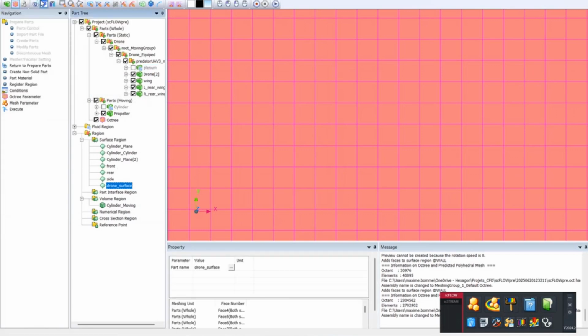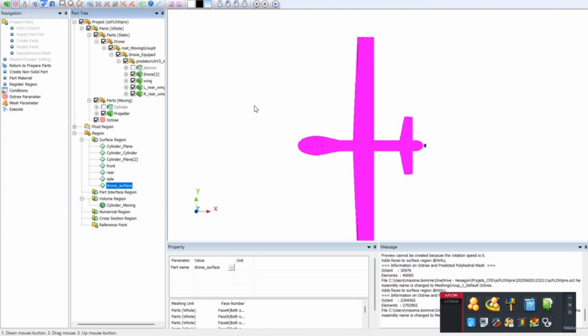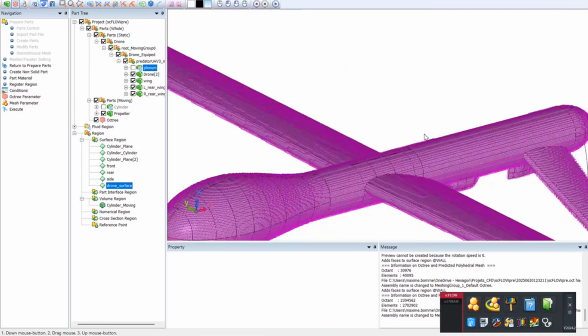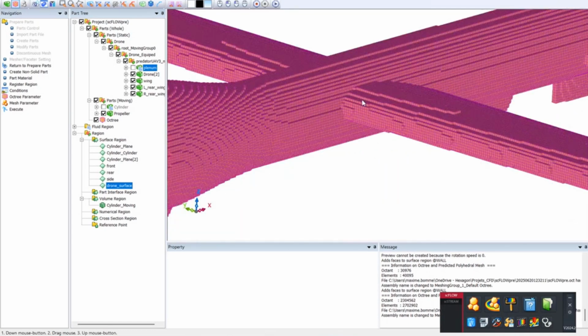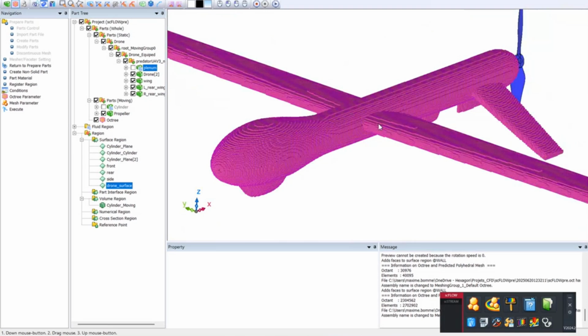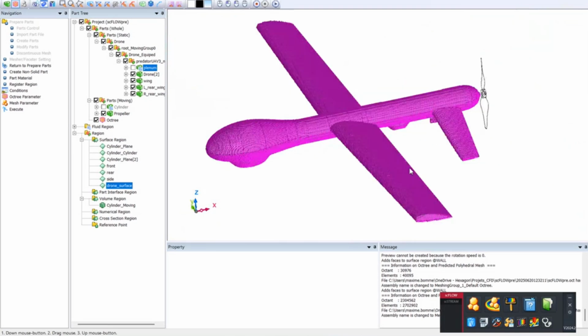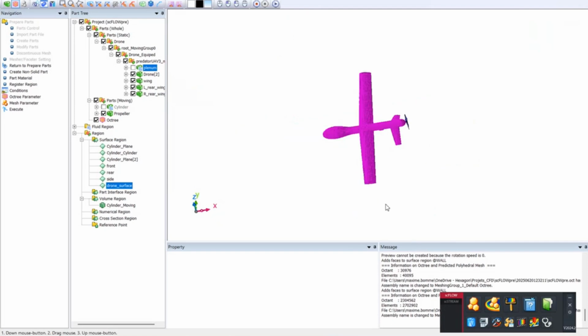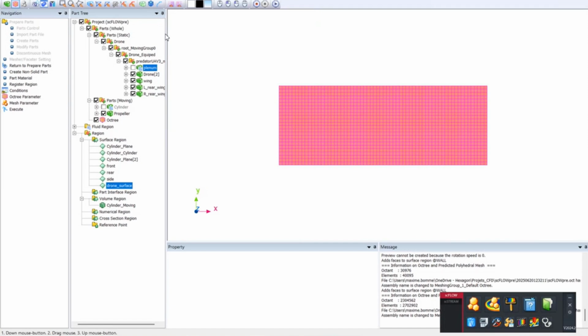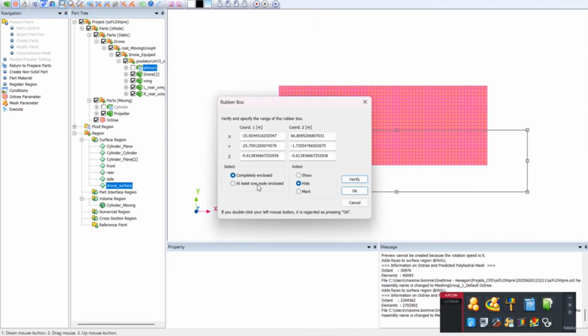So if we look again at the drone itself, now we can expect something better. We are finer, we can catch not only the geometry, but also the physics happening around it. So if I make just a view here with not only the drone, but its surrounding. If I want to do a calculation of external aero,